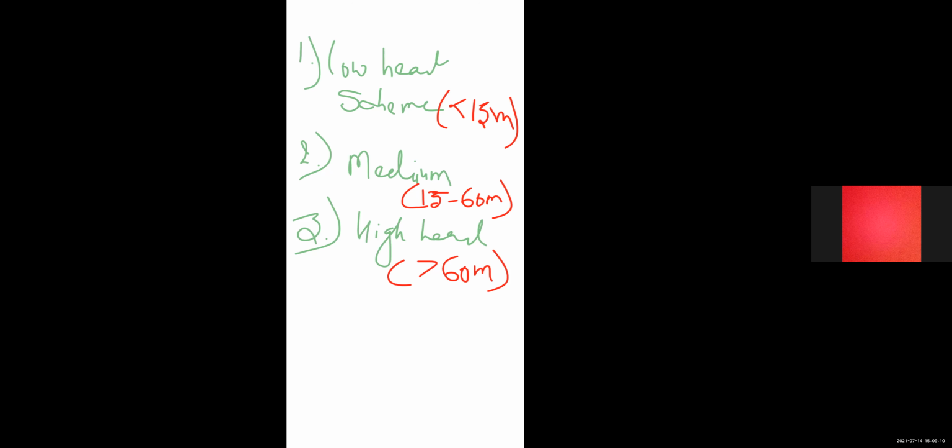Third is the high head scheme. So a high head scheme is one which uses water head of more than 60 meter, and a dam of sufficient height is therefore required to be constructed to store water on the upstream side and to utilize this water throughout the year. High head schemes up to a height of 1800 meter have been developed, and examples of this high head scheme are the Nagarjuna Sagar Dam, Rihand Dam, and Hoover Dam in USA. So this is the high head scheme.